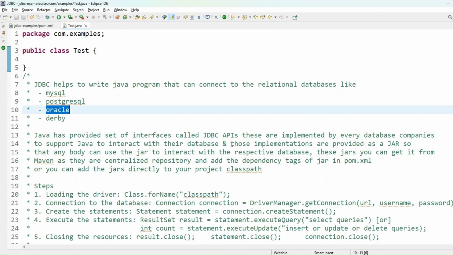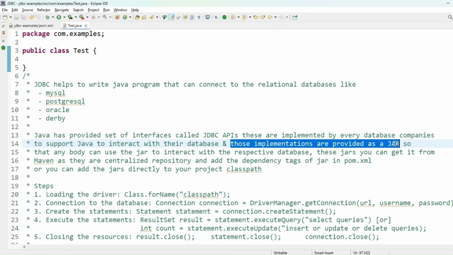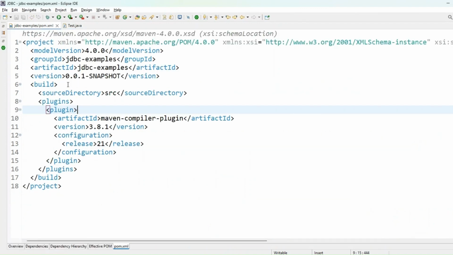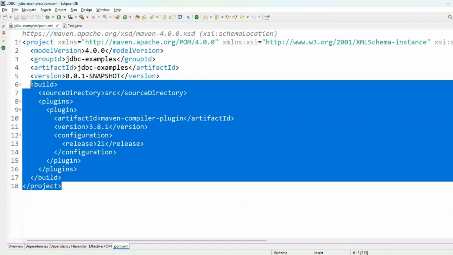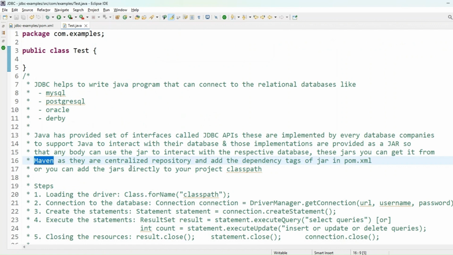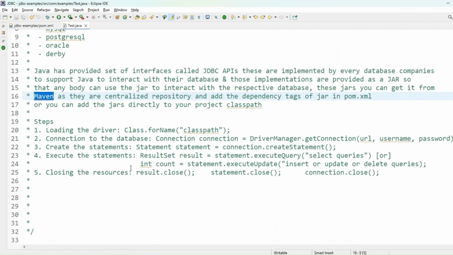And those implementations are provided as jar files to the developers so that developers can download these jar files from the internet and add to their project in the class path, or they can also use tools like Maven and use the jar file in their project. So what we are doing is we are going to use Maven because Maven provides a pom.xml file where we can add the jar file configuration in the form of dependency tags, and it automatically downloads the jar files from the internet. Coming to the steps we need to use in order to interact with the database, there are 5